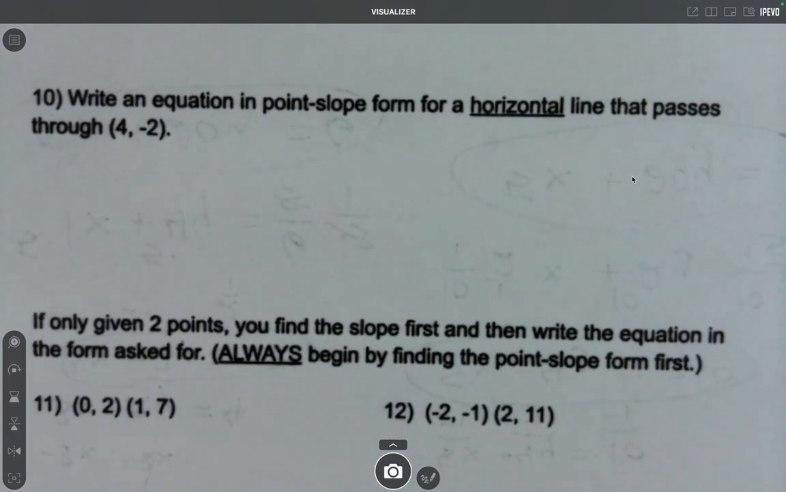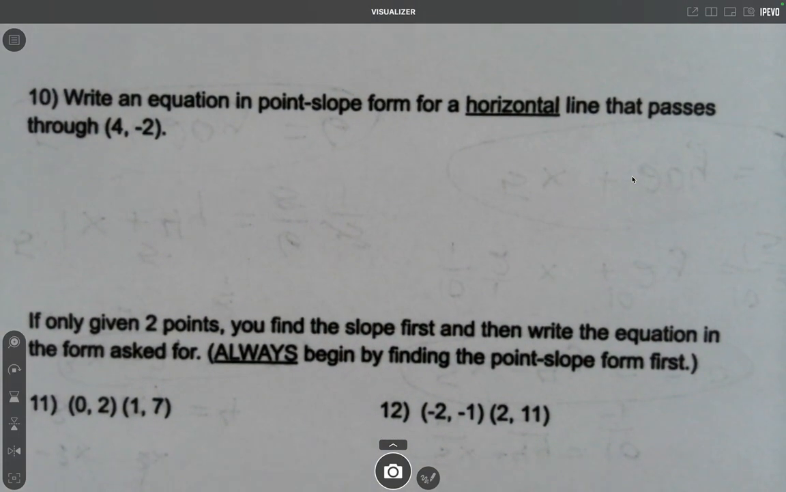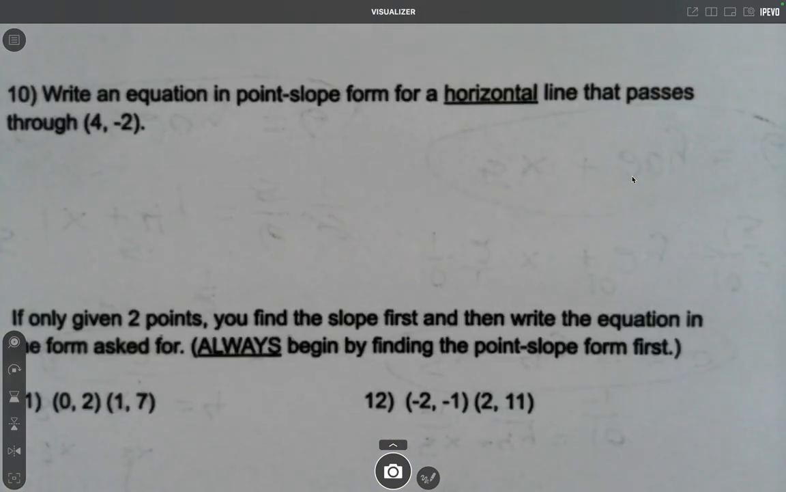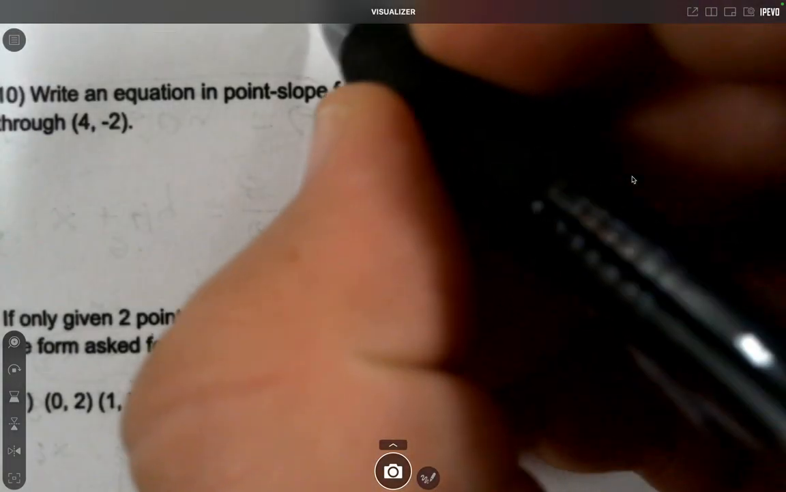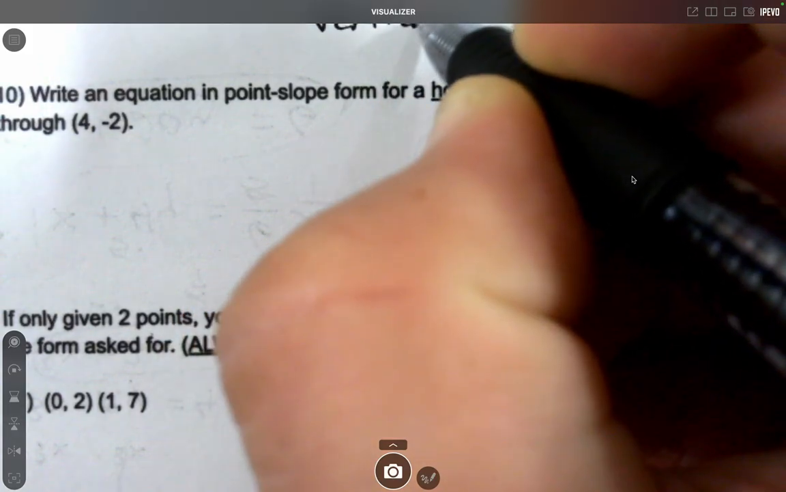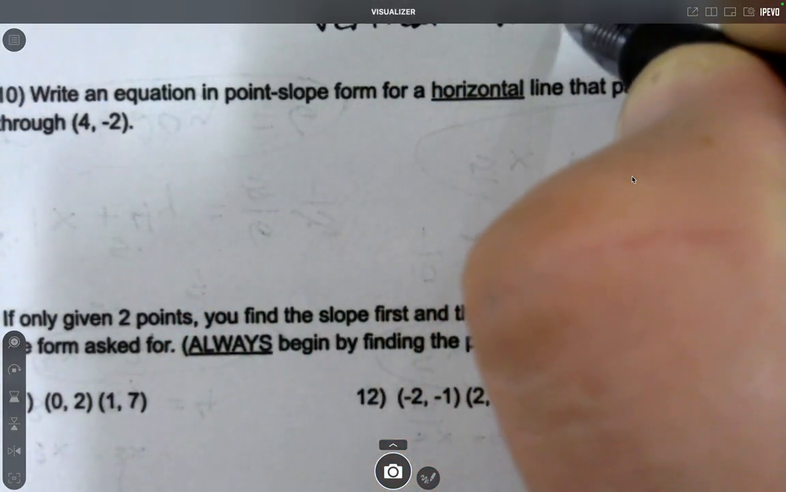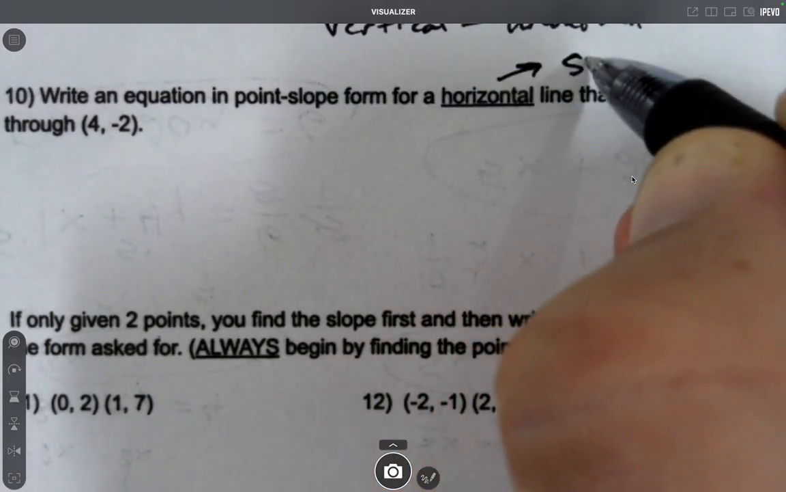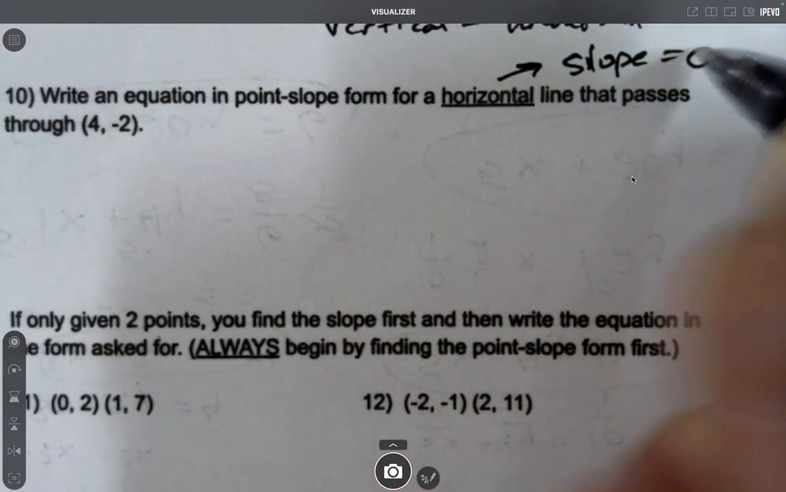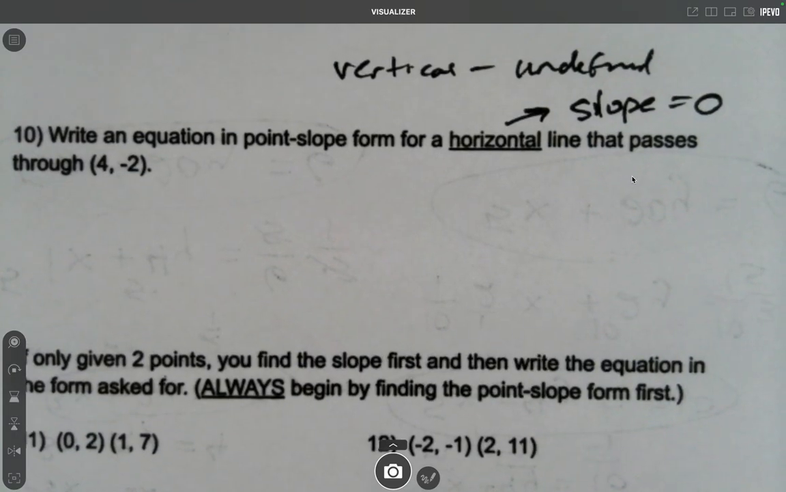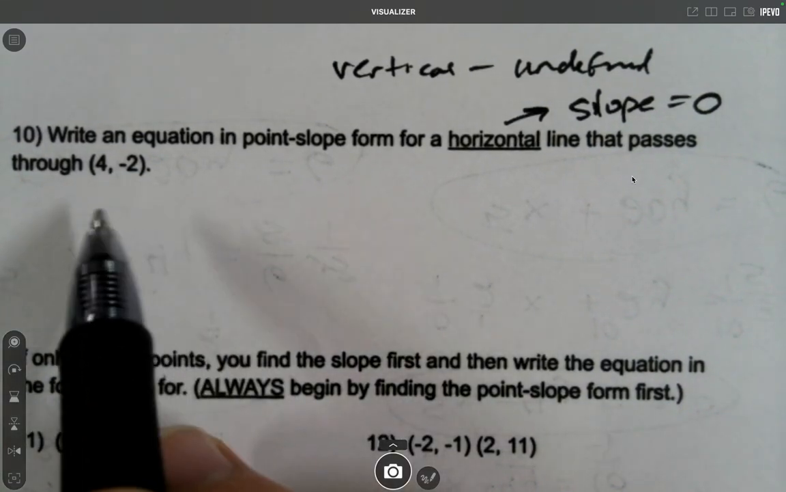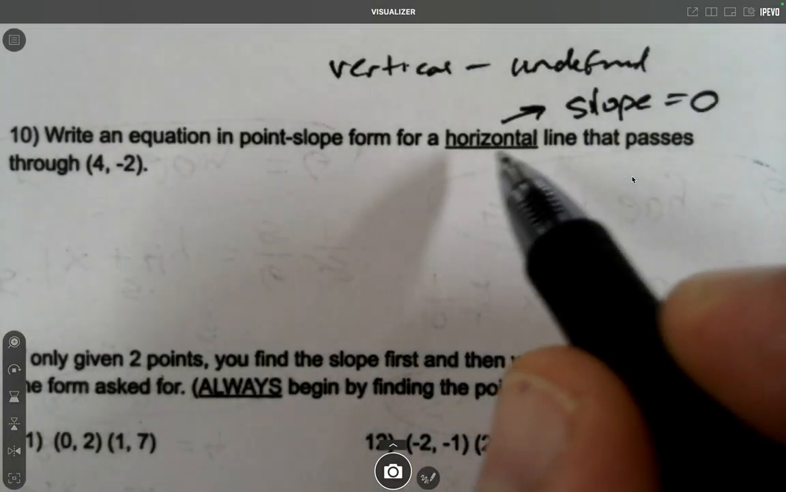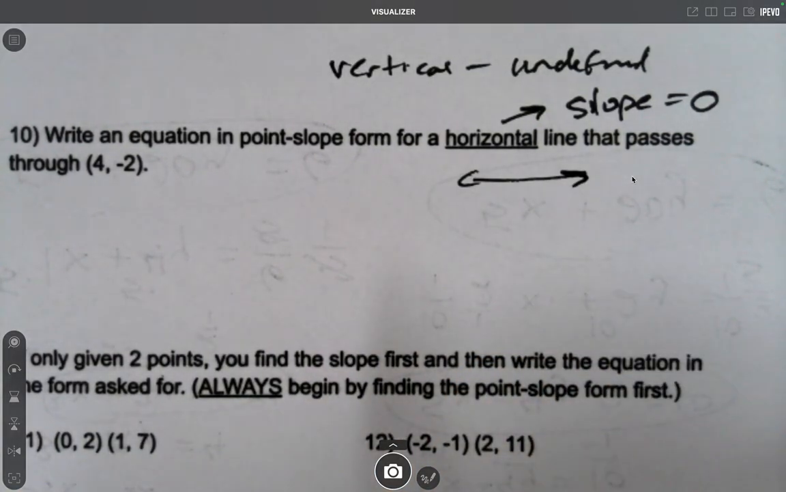Okay, here's another one. It's not super unique. I don't think it's as difficult as the vertical line, but let's talk about how we do it with the horizontal line. So just like a vertical line has undefined slope or no slope, a horizontal line has a slope equal to 0. So they've actually told us in here exactly what we were given in the previous questions. They've given us a point and they've given us a slope,